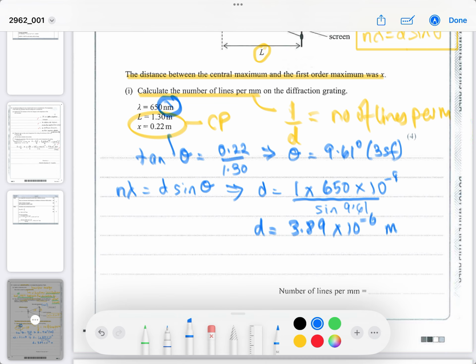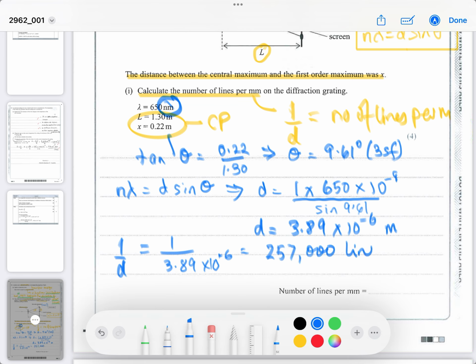That's the distance between two gaps in the diffraction grating, the distance between 2 slits. Now, we want to know how many lines per millimeter. So if we do 1 over d, that will be how many lines per meter. So 1 over d will be equal to 1 over 3.89 times 10 to the minus 6, and that gives you that you're going to get about